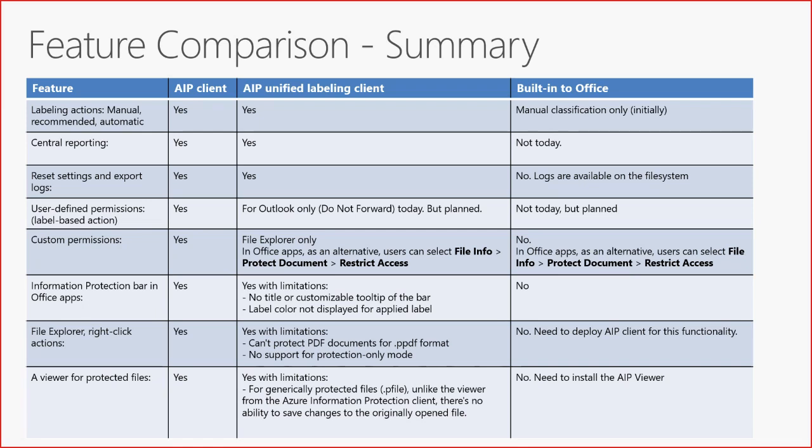The next 2 columns, we have the AIP unified labeling client, and then we have the features built into Office. So, as we walk through that, you can see that labeling actions, we have manual, recommend, and automatic. They're available today in the AIP unified labeling client. But as I mentioned before, built into Office will be the manual classification only. That's our first milestone. Once we've managed to deliver that, obviously we'll work on additional functionality. We have centralized reporting available today in both the AIP client and the AIP unified labeling client, not available built into Office today. You're going to read this a lot faster than I can read through these,